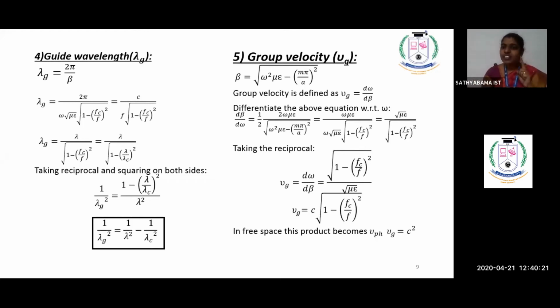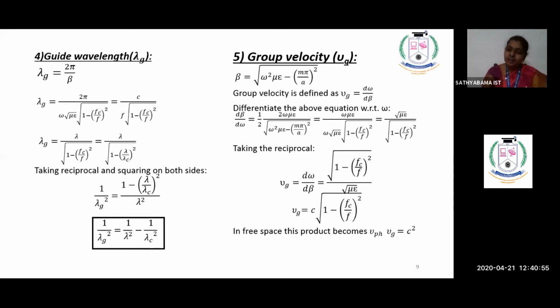Are you able to understand what lambda is? Lambda occurs according to your operating frequency. It is related to your f. Lambda c occurs at your critical frequency. Your lambda g is mainly due to the guiding medium, the walls of your parallel plane waveguide. Here the relationship for guided wavelength is 2 pi by beta. When you substitute the beta value, you will get the value of lambda g. Lambda g is given as lambda divided by the root of 1 minus (lambda by lambda c) the whole square.